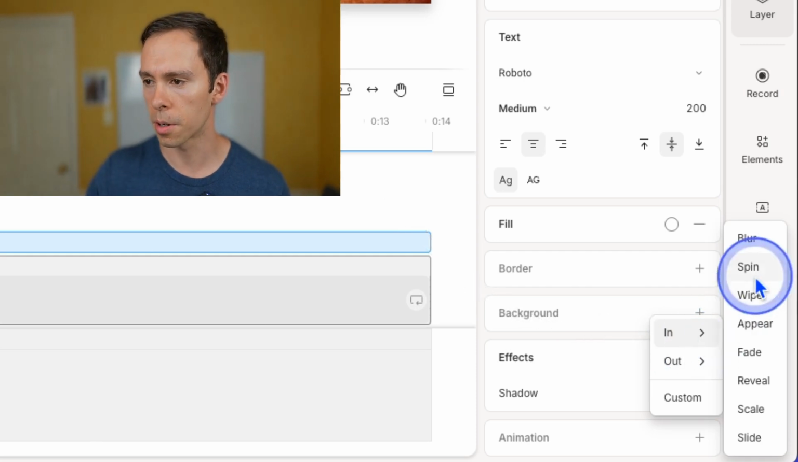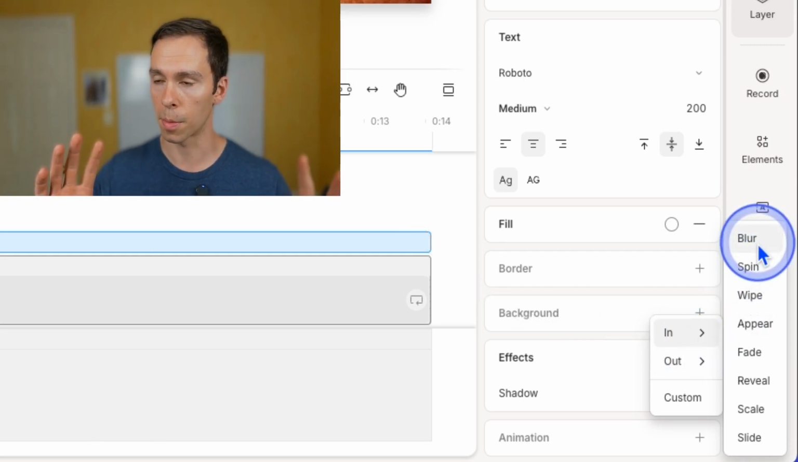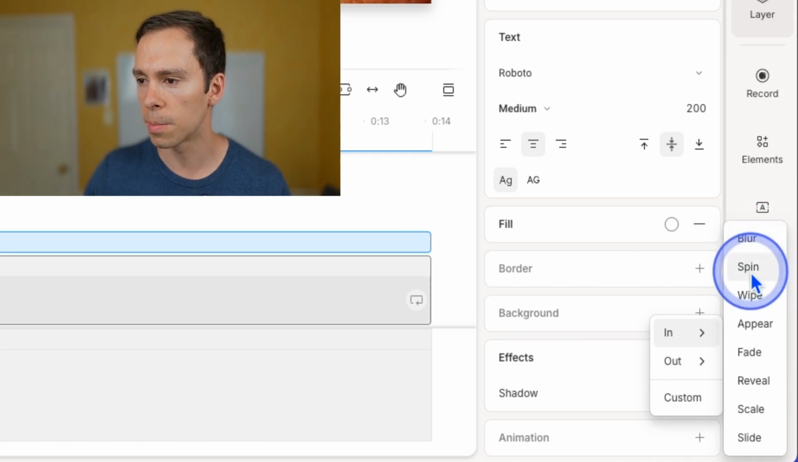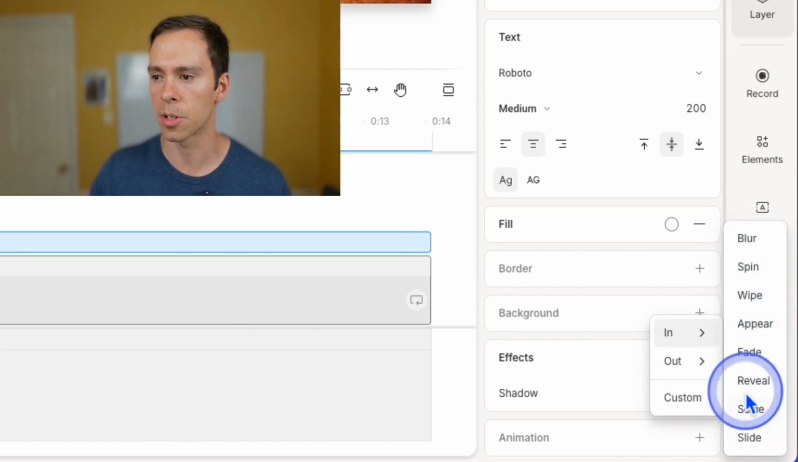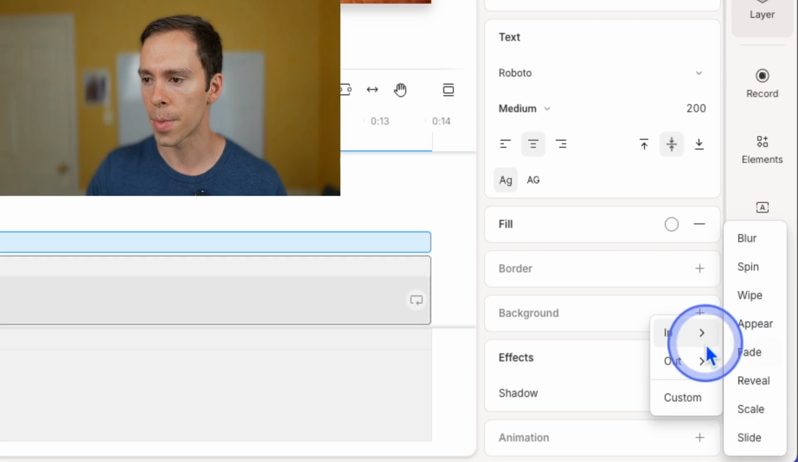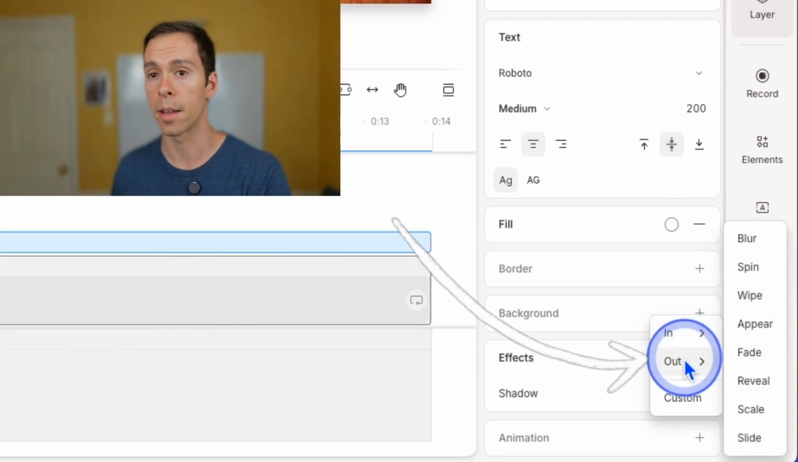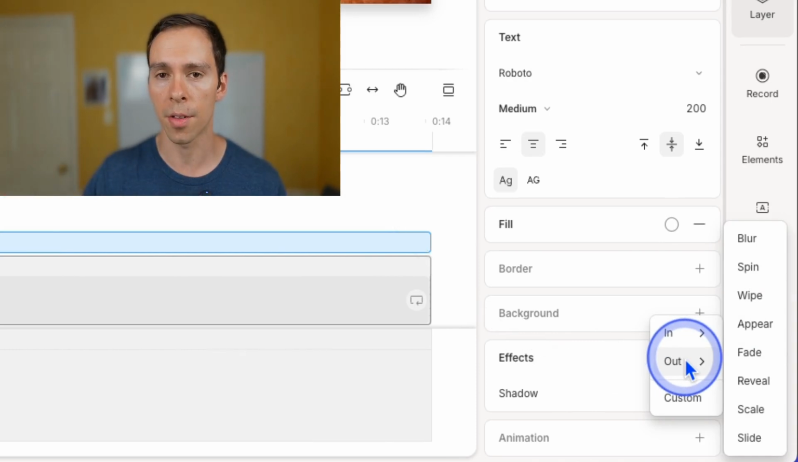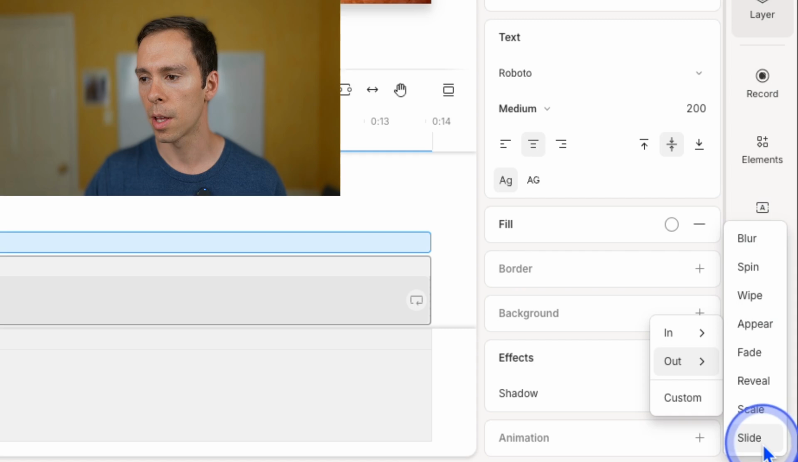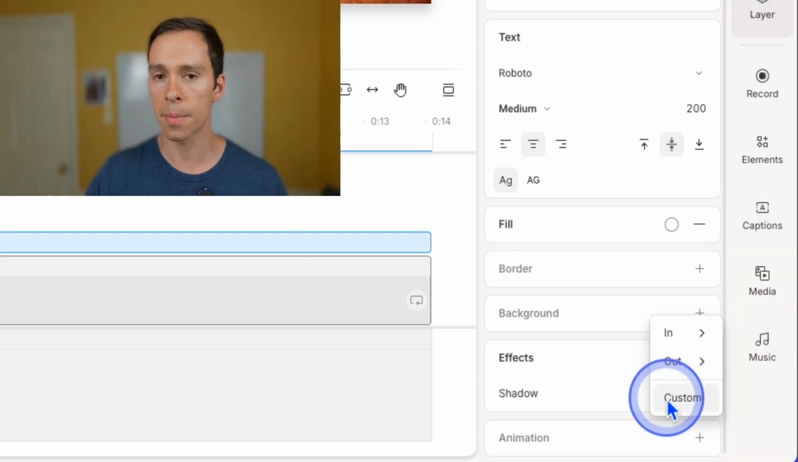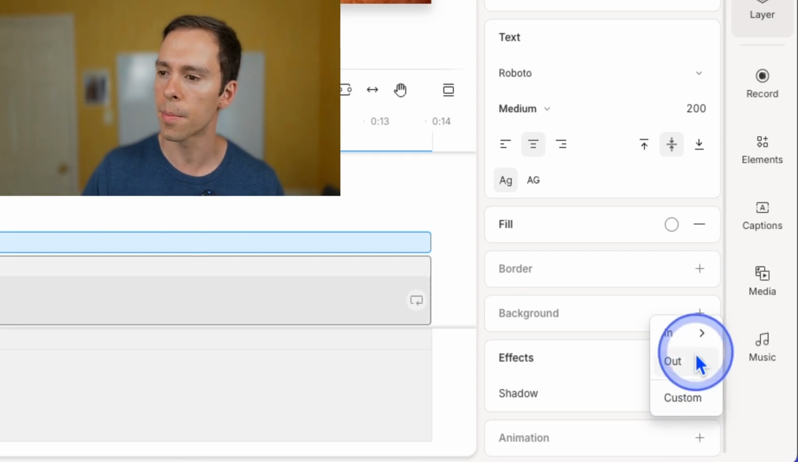So your choices here are blur. It can start from a blur and then get sharp, spin, wipe, etc. I'm going to show you each of these as we go. Out is how this animation is going to end, how it's going to leave, and you have the same options here, from blur down to slide. Custom is something that you can set yourself, and I won't go into that in this video,